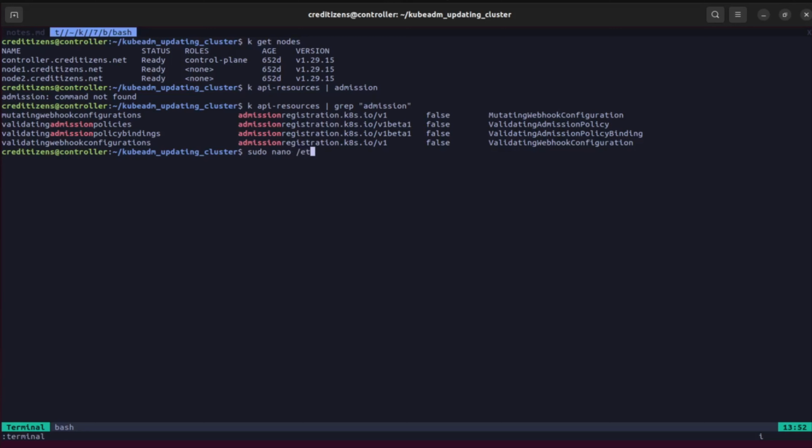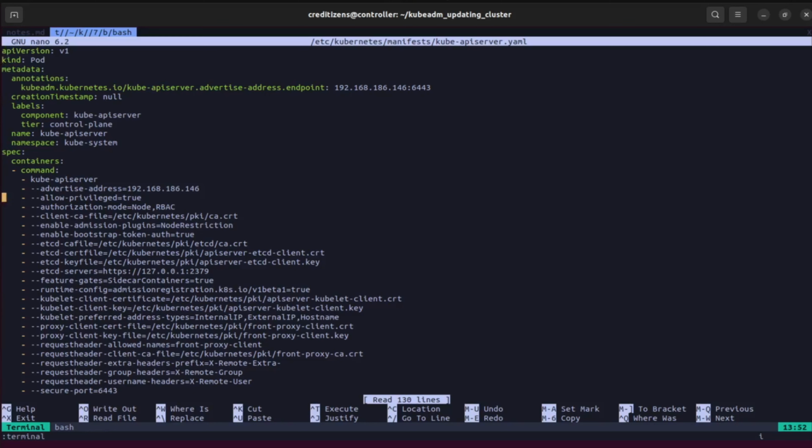And I'm going to show you how to activate it. There are two different places to go: the API server, so etc kubernetes manifest kube-apiserver, and the other one will be the kubelet config file. So here, let's go here. We had already activated the sidecar containers in previous videos. So here we're just going to add